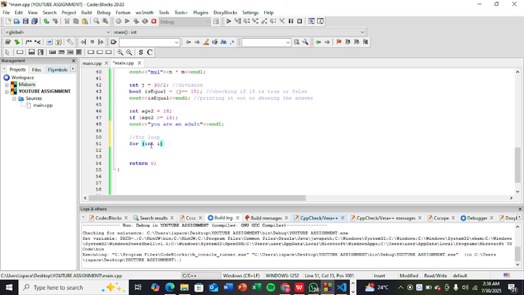Let's make it integer i, assign it to 1, end the line, and then we say i less than or equal to 5, and then we end the line,